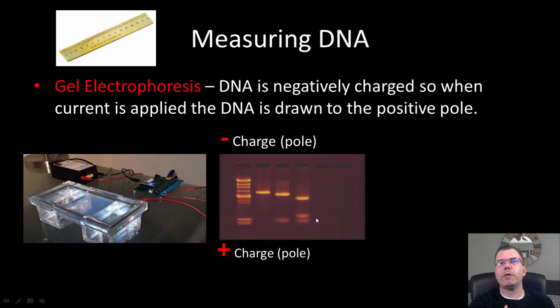The smaller fragments down here are smaller, and they're going to run faster, while these larger pieces are going to run slower, because they get tied up. Now, a lot of times what we'll do is we'll run what we call a molecular ladder, and this is a molecular ladder here. These are known size pieces of DNA, so when they run down the gel, we can use this to our advantage, and we can build simple graphs to basically say, okay, if we run this far, we can measure with a ruler how far down it is and give us an approximate size for